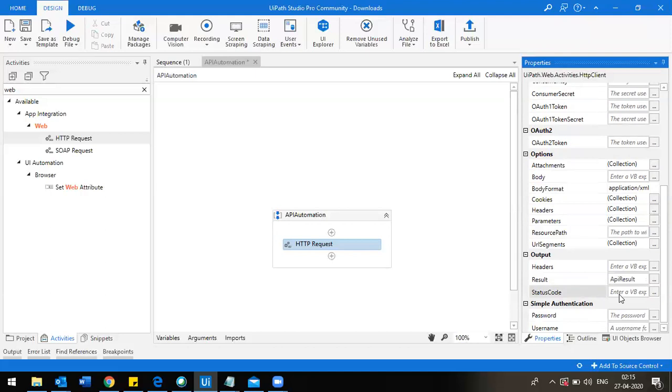Status code means that when you call this request, it will generate some kind of code. We can call these HTTP status codes. There are a couple of status codes. If your request is valid and doesn't have any kind of issues, then we expect 200. 200 means okay, everything worked as we expected.